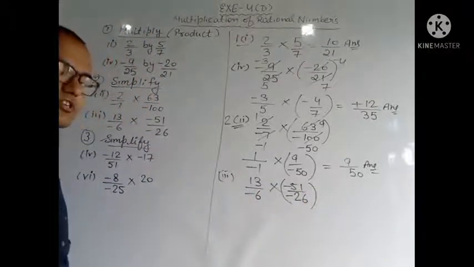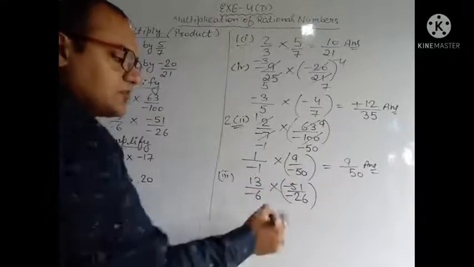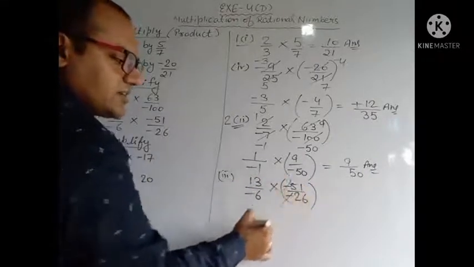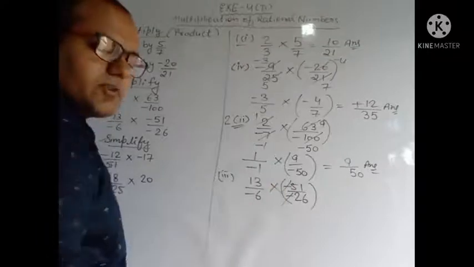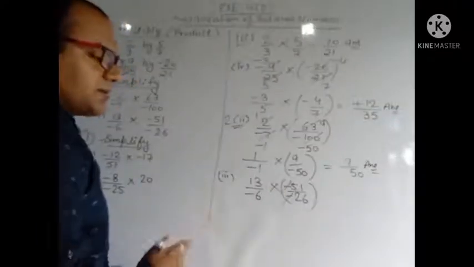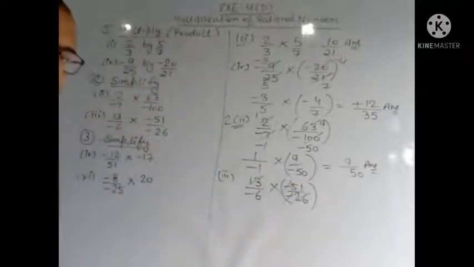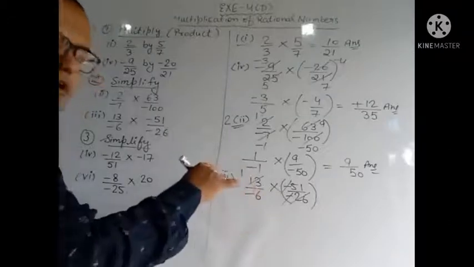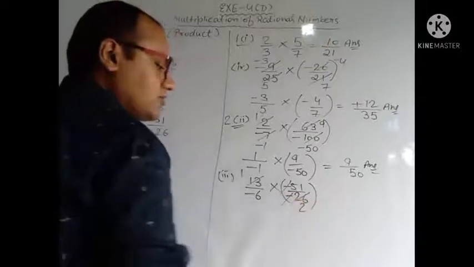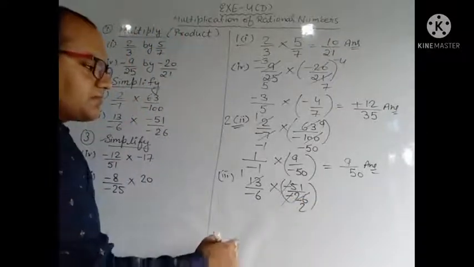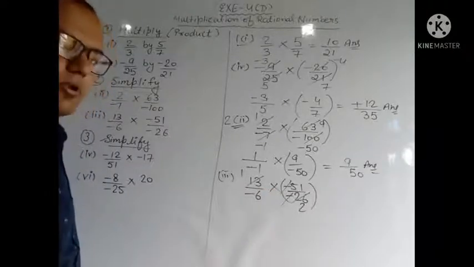And another thing which you will observe here is in the numerator also minus is coming, in the denominator also minus is coming. So in such case you have to cancel these minus signs. One sign in the denominator and one sign in the numerator, both the signs we will cancel. Now with the same table we have to cancel, as these 13 and 26 are coming in the same table. 13 1 ja 13, this we will cut in the numerator and in 26 we have to cut in the denominator. 13 2 ja 26. Now 6 and 51 if we will see, both numbers are coming in 3 table.